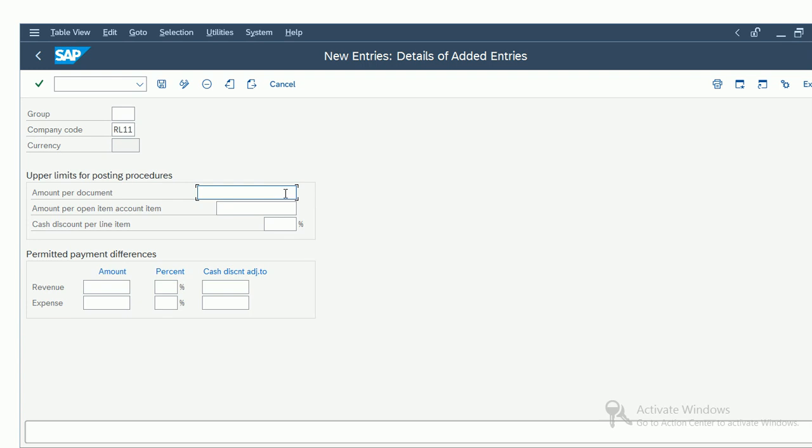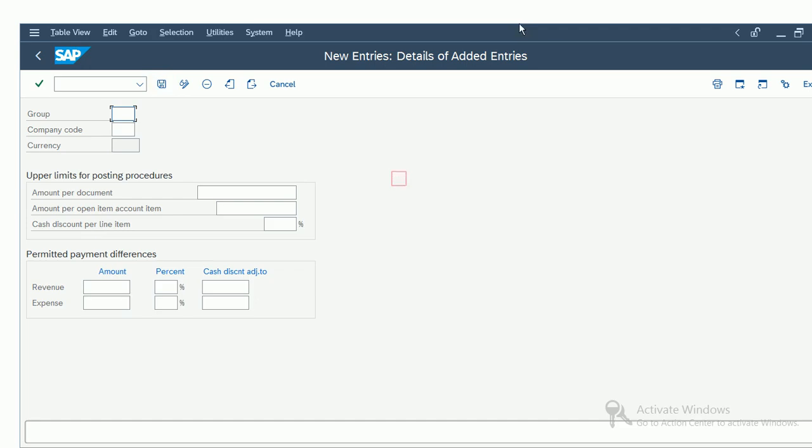So here we'll select 999. That means there is no restriction, it is allowed. And then the bottom one also, and then 0, and then we'll try to save this. It is already entered for this RL11, so I will not save, because if I save I'll get a message that this entry already exists for the same. Okay, now come back.